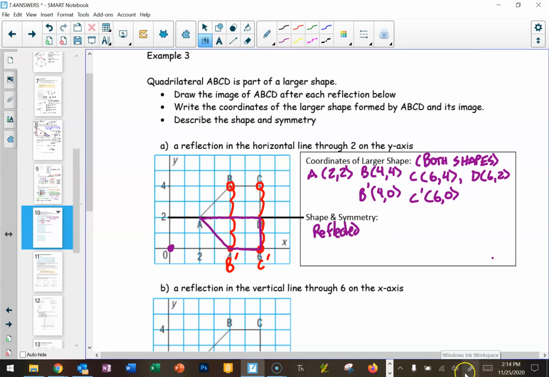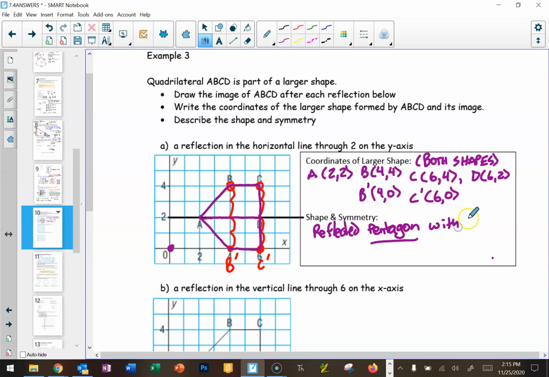So the resulting shape is a, let's draw the whole thing. If we look at this and say we took 1/2 and reflected it to make a larger object, well, that's a 1, 2, 3, 4, 5-sided object, which means it's a pentagon. Okay, so a pentagon means penta means 5, so it's a reflected pentagon